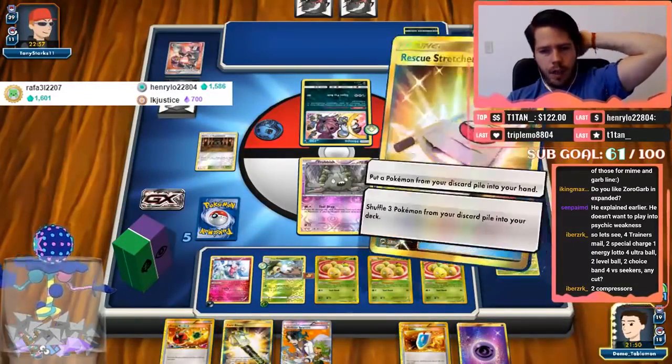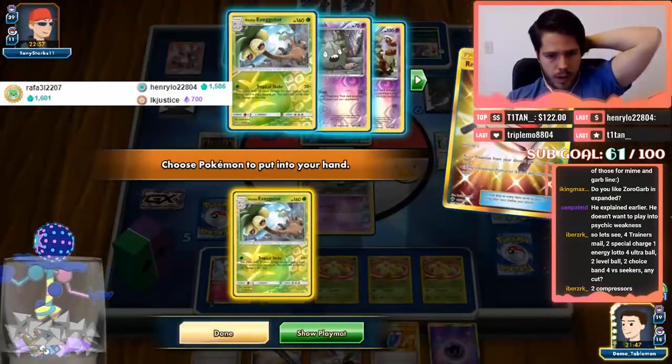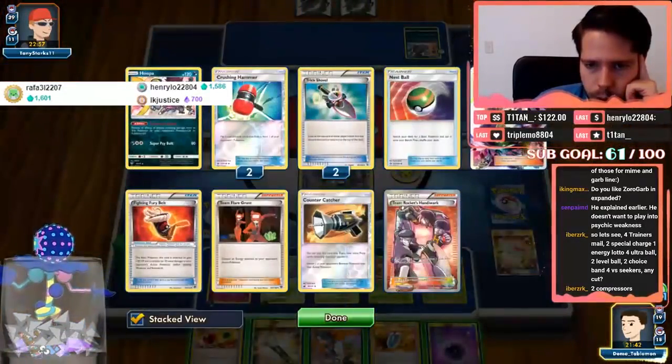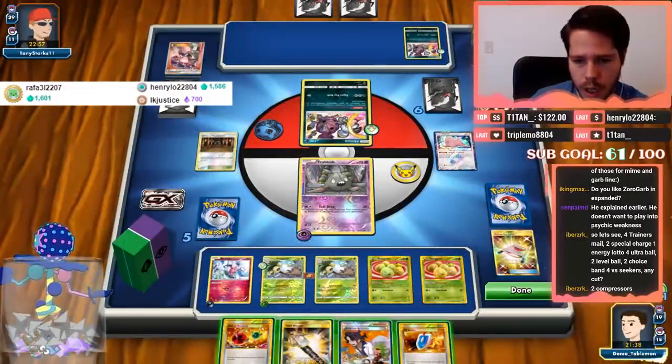I did grab this, or top deck this rather, so I'll grab the Exeggutor. And then he's played that 7th item card, right? 1, 2, 3, 4, 5, 6. Yeah, 7 item cards. So either Floatstone or